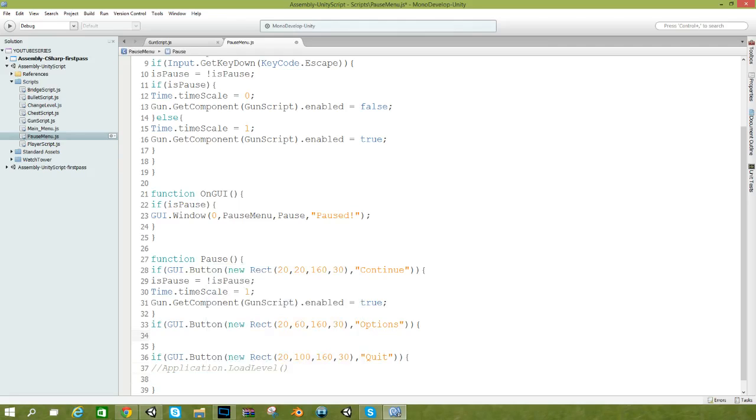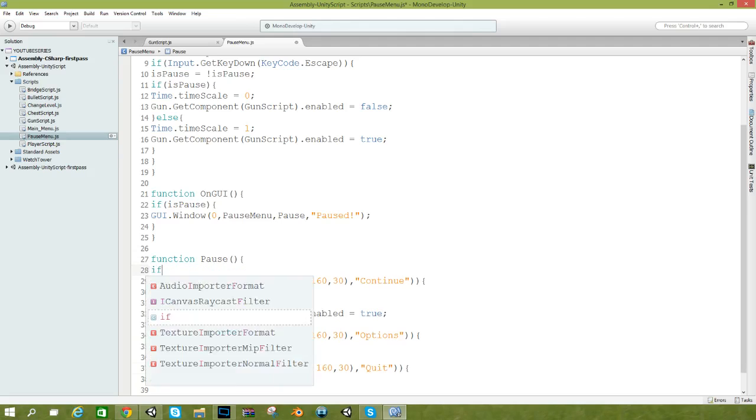The options menu we will cover another time, as I don't think options are really needed right now because we don't really have anything to optionize at the moment. But you can look online, look up pause menu stuff and add your own options screen, because you can make it so that, let's say, if the pause menu,